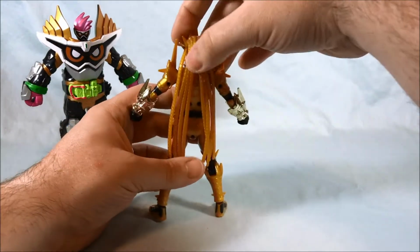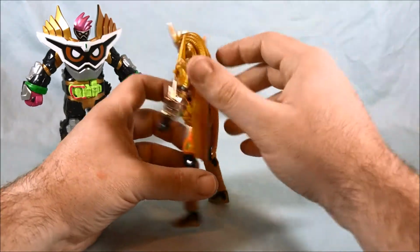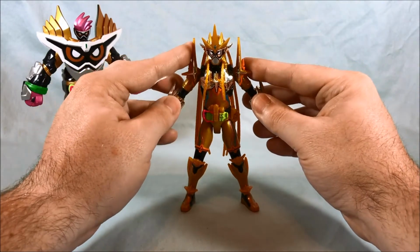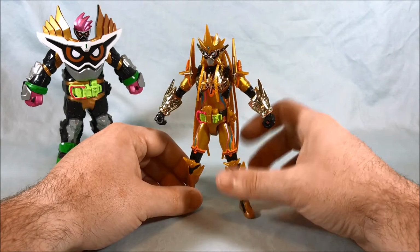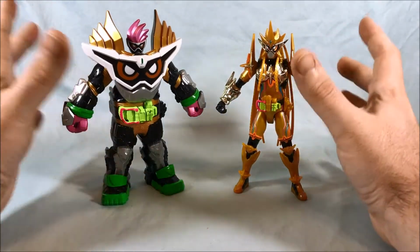The hair is kind of a problem because it is all one piece, so it makes the head only able to move so much. But it looks kind of neat. I didn't really like this form at first, but it's definitely grown on me. So I'll go ahead and show you how to fit it into the shell, which is kind of a